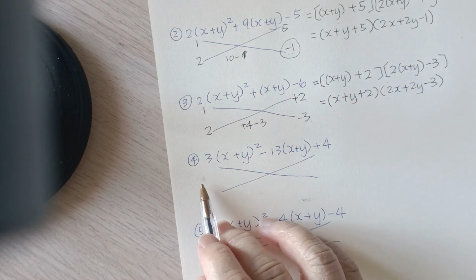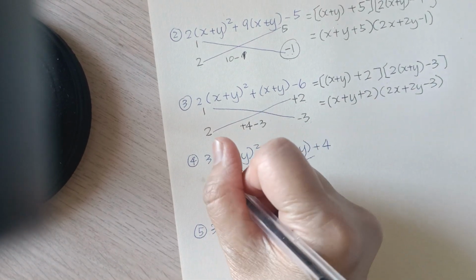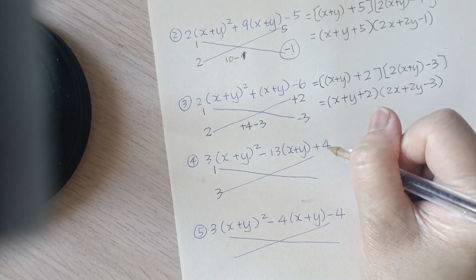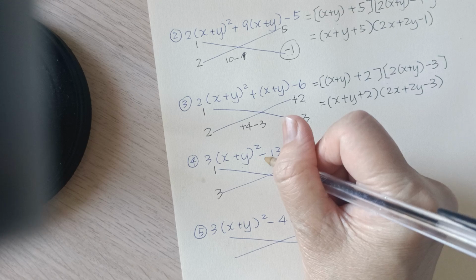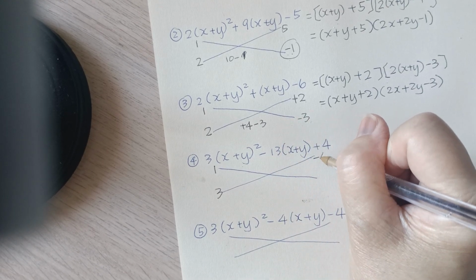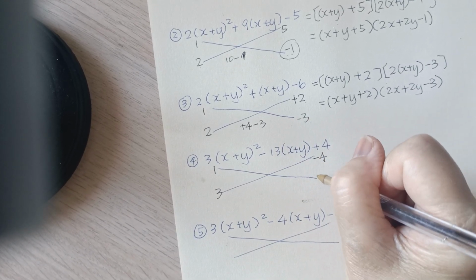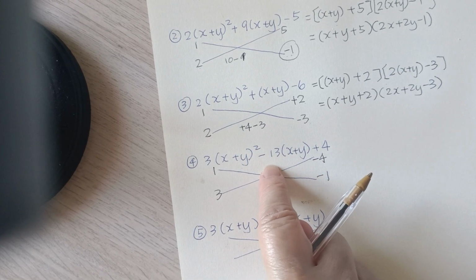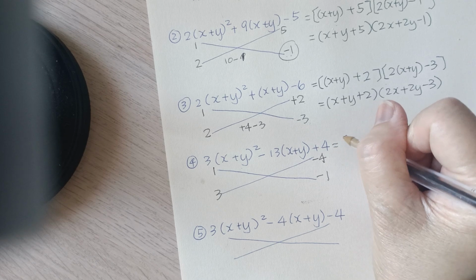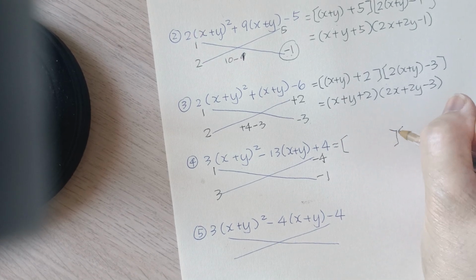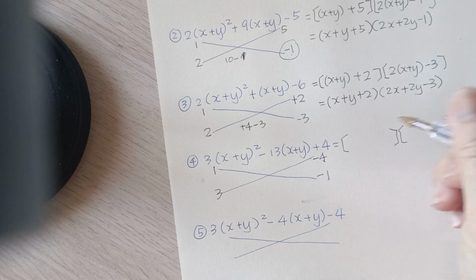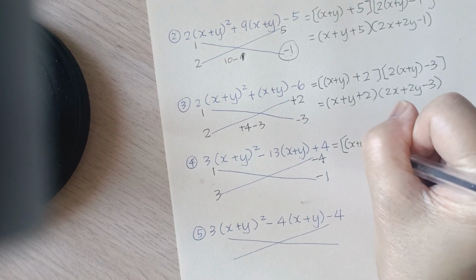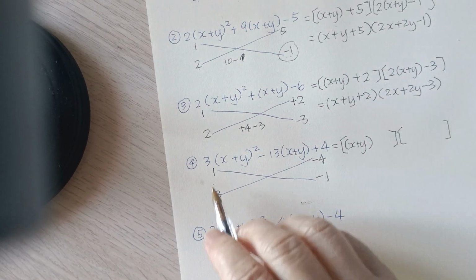Okay, now the number 4, I use a 1 and a 3, the factors. Now I need to get a positive 4, but a negative 13. So I need a negative 4 and a negative 1 because I need to have a big number that is negative in the middle. Okay, now again, once I'm sure about the factors, I draw the brackets. Now the first one is x plus y. Here, 3,